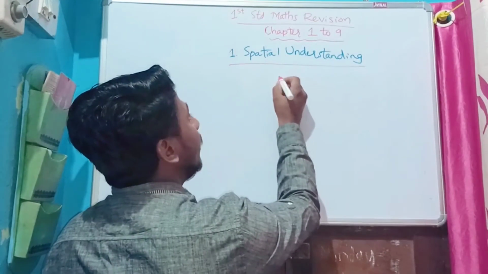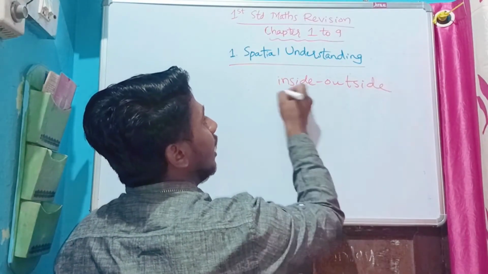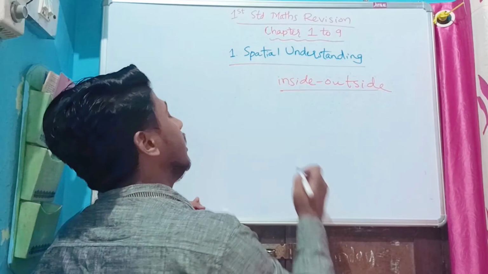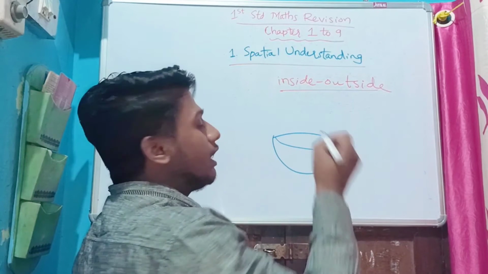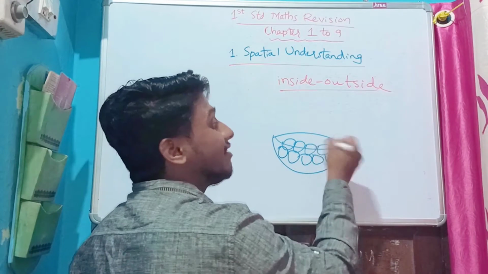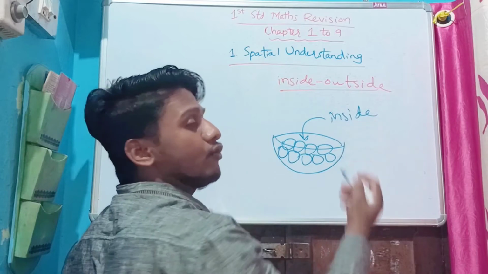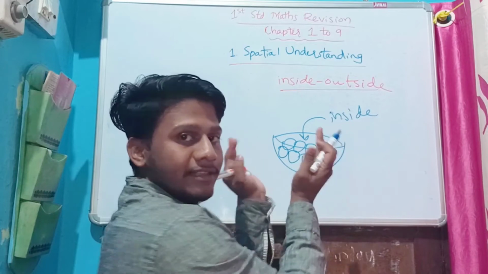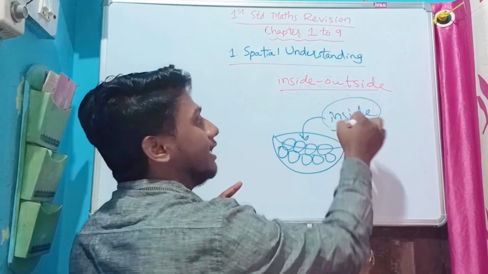And also we studied about inside and outside. Inside and outside. Okay. So here, for this you can consider an example of a basket. Okay. So, in this basket you keep fruits. So the fruits are inside the basket. Inside the basket we say. So consider this an object, no, basket is an object. Inside that you are keeping another object. So that time we use inside.